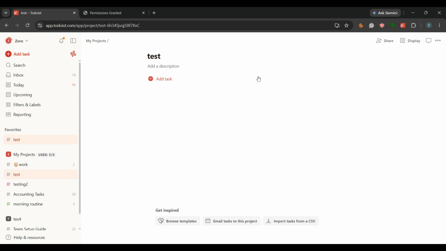And that's it. You now know how to link tasks in Todoist using the Copy Task Link option and simple